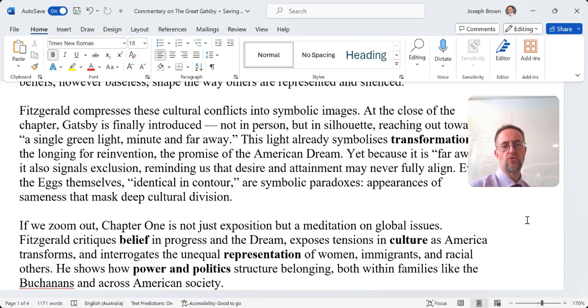So he's been striving to be part of this world, and he still feels like he's not. He's still reaching for that green light. Yet, because it is far away, it also signals exclusion, reminding us that desire and attainment may never fully align. So that's one of the big key themes, and we're going to try and treat it really